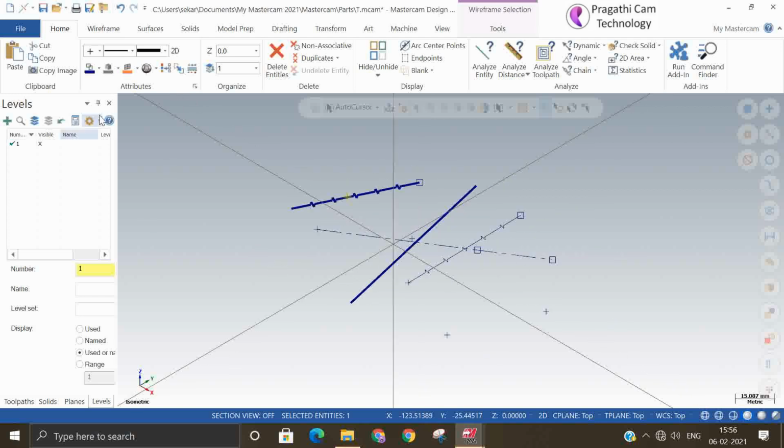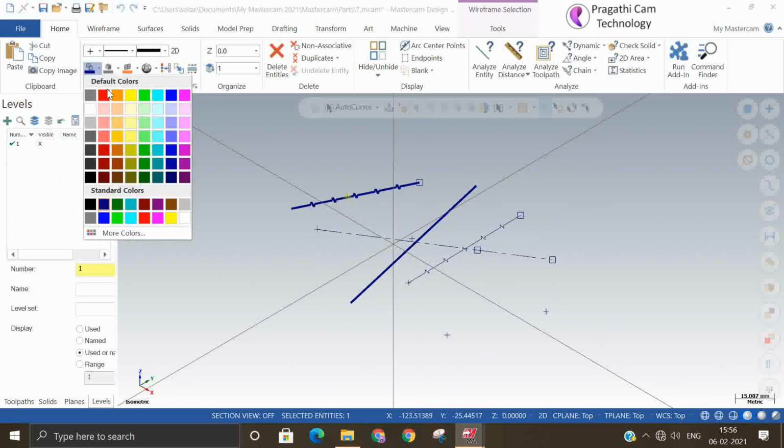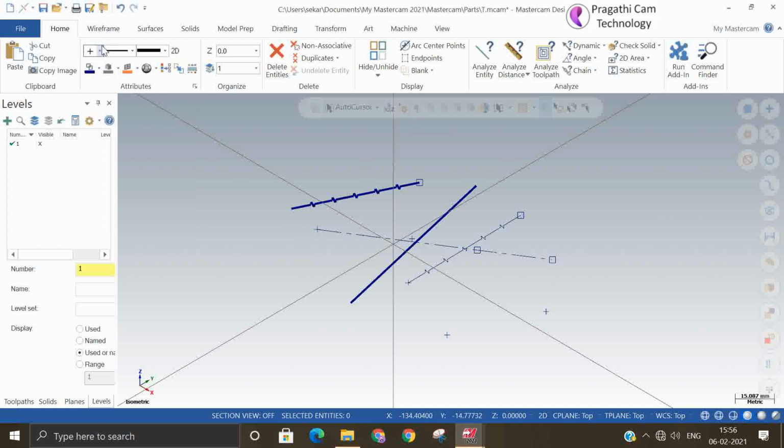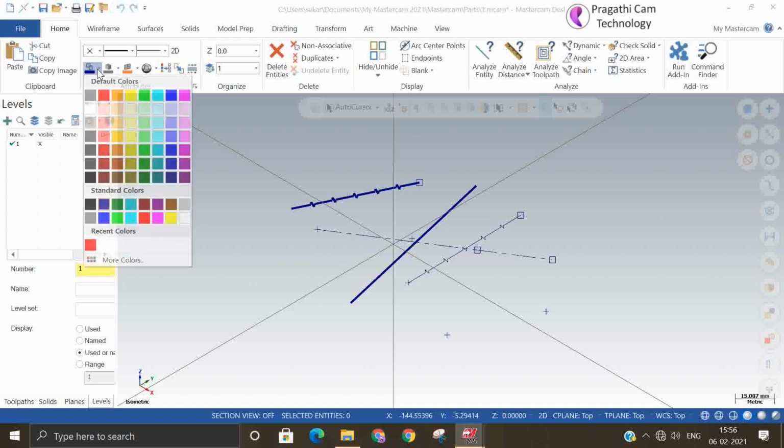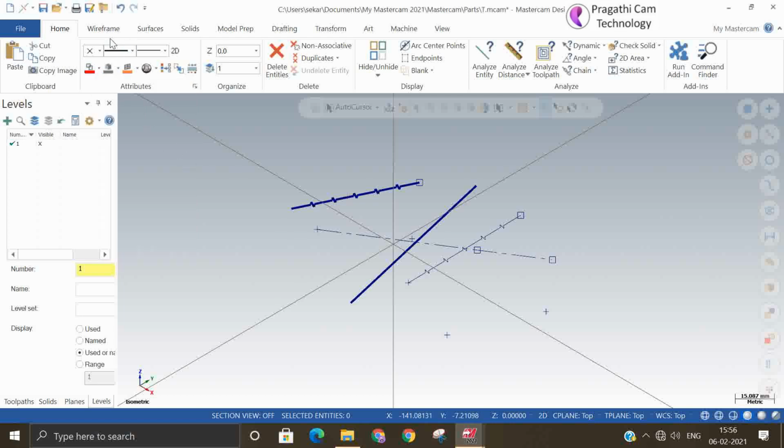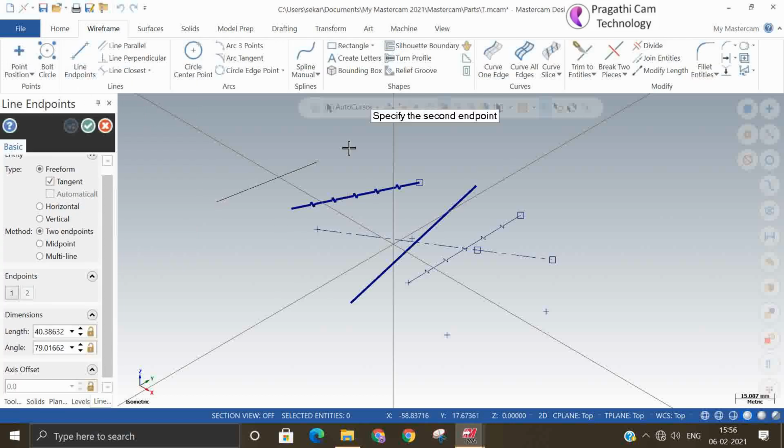So next is the color property. Now the wireframe color is blue, and that's the reason it shows blue. I just reset all the other properties I modified, like thickness. Now we'll see the color. I'll keep the wireframe in red color.